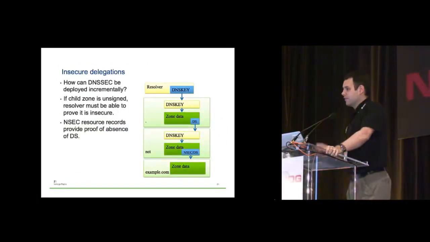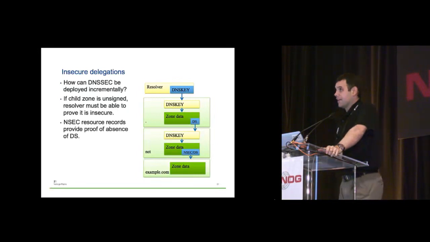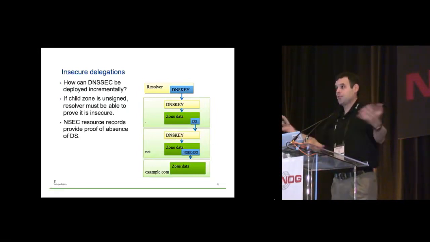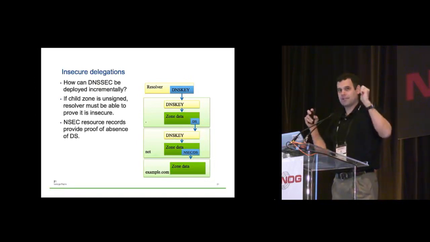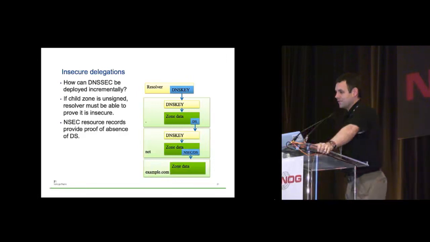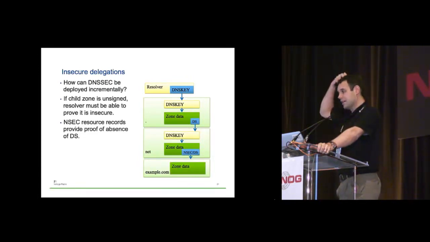Okay, so finally, the last point here is insecure delegations. As you know, DNSSEC isn't just deployed universally. It doesn't just happen, now it's signed, now it's not, now it's signed. So there has to be a way to make it so that it can be deployed incrementally. And so the way it works is using those NSEC records that we just talked about to prove that there